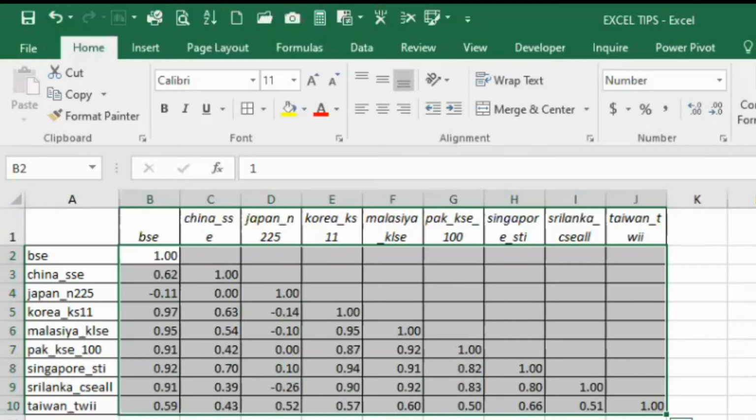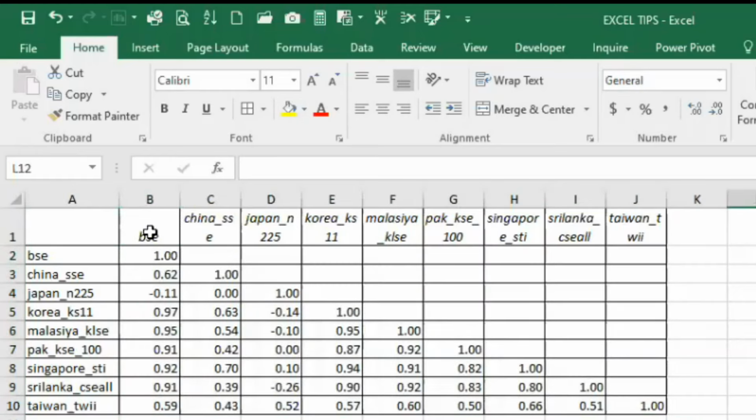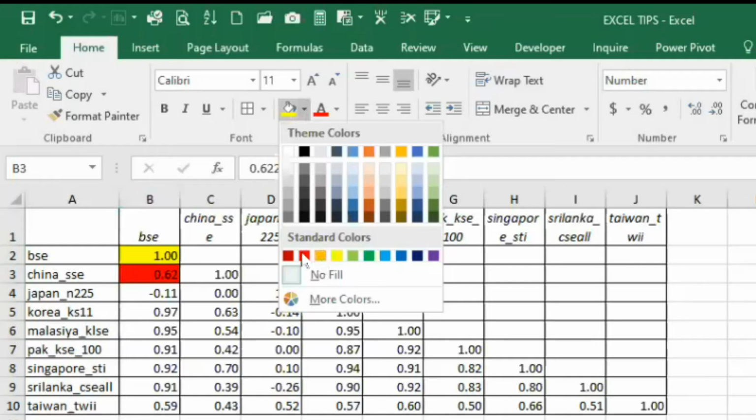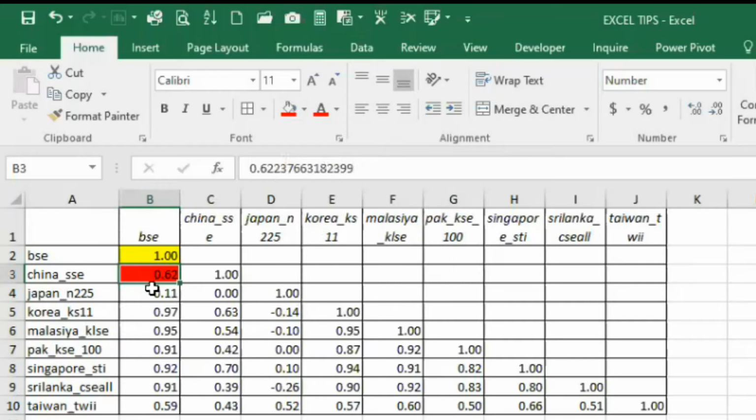Here is the value. Then how to read it? Bombay Stock Exchange with itself has a correlation of 1. In a similar manner, we can find the correlation with any of the other variables. For example, if we want to study the correlation between Bombay and other stock exchanges, Bombay, and then next is Chinese. In a similar manner, we have correlation for all the data.